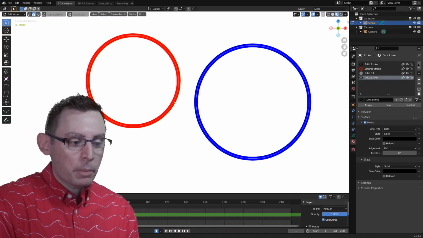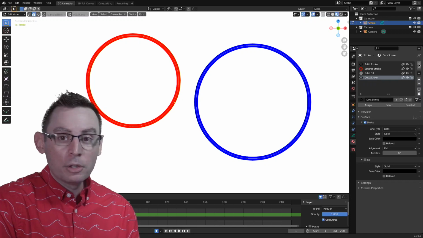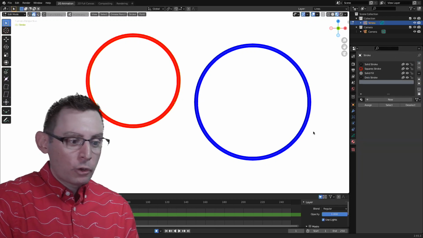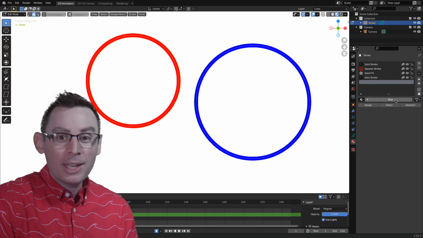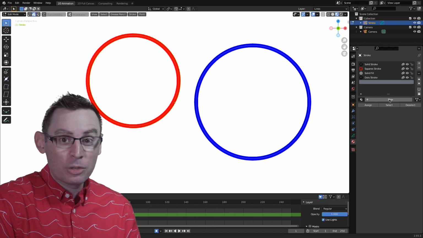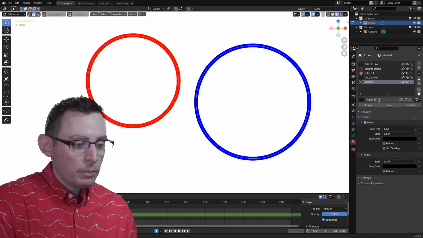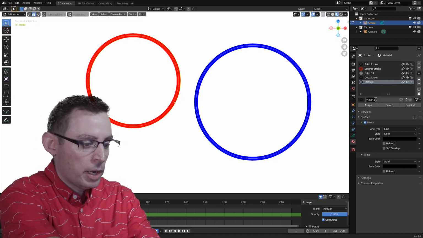And we do that by, once again, going to this exact same area. And right here, and I know it's small and I apologize for that, there's a little plus sign, which is going to allow us to create our own material. The first step is to hit the plus sign. The second step is to give it a name. Right now, it doesn't have any sort of indicator as to what this material is called. So if we click on the word new, we then can replace the word material with, I don't know, let's just do Pat's color.